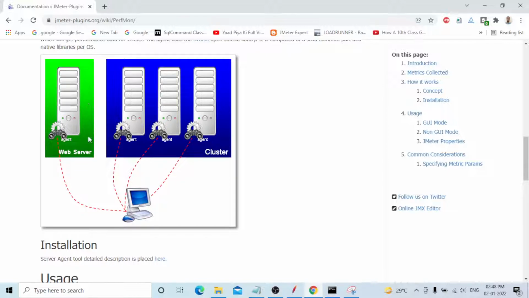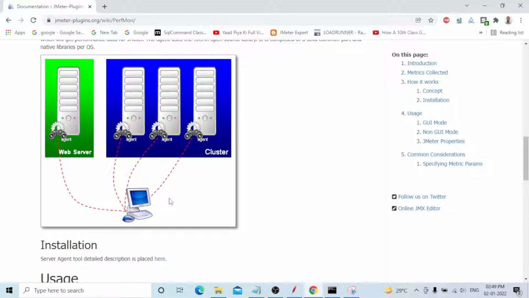One thing is you need to install the agent on the servers, and monitor your servers. You need to design the same test. Now you have two systems: you and your friend's system.